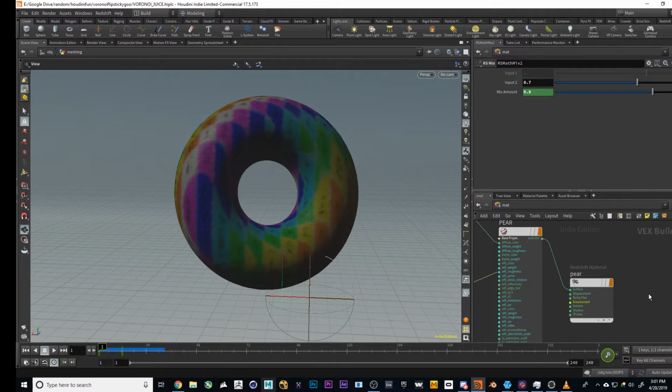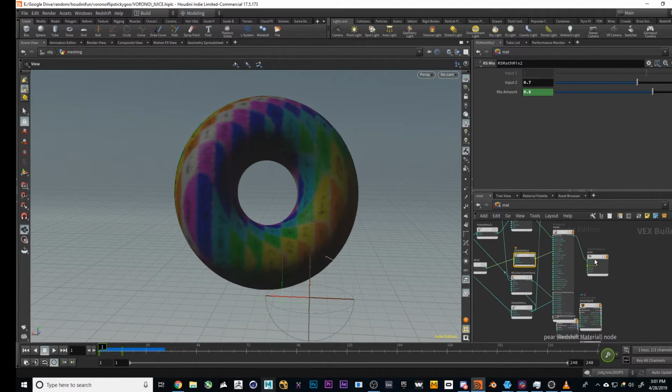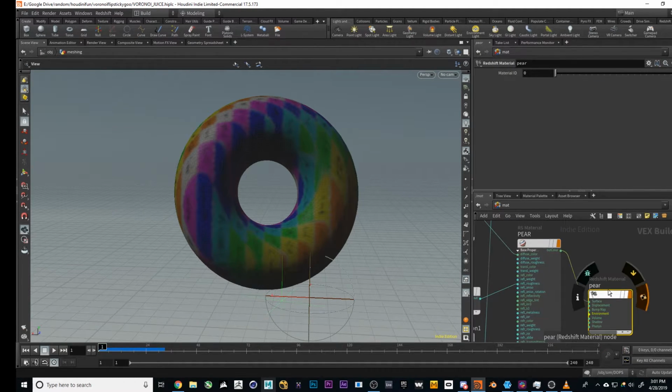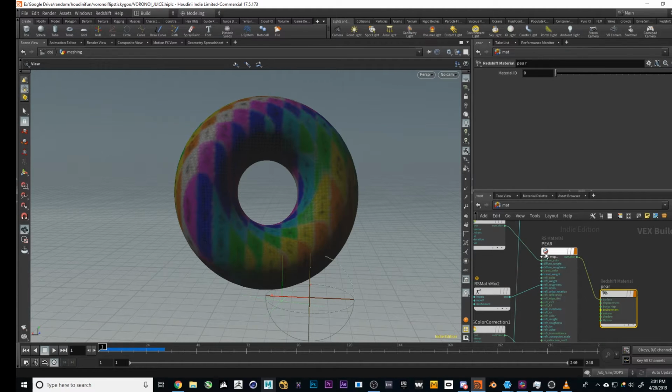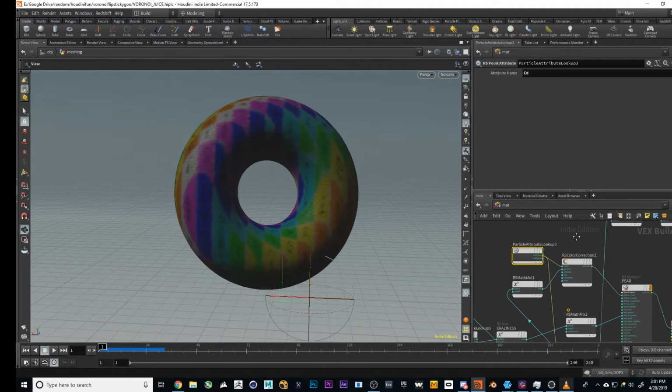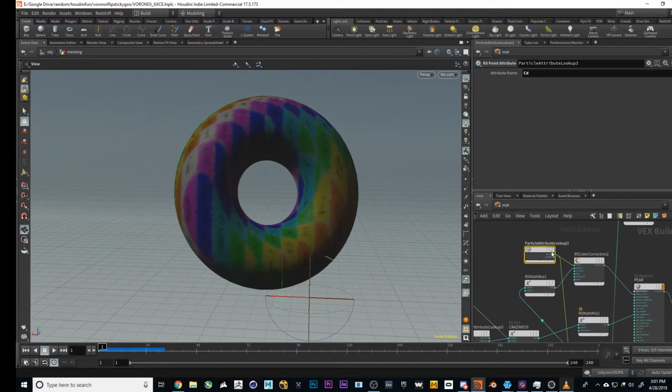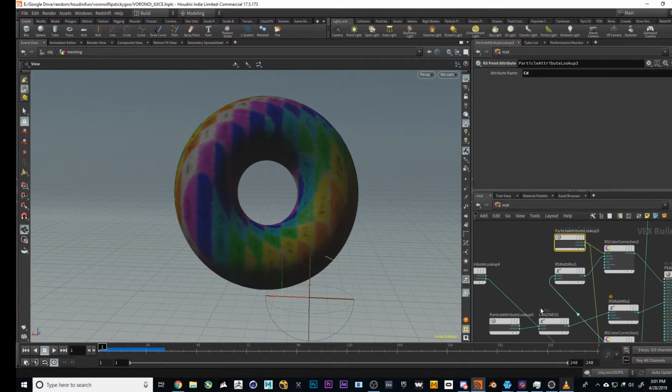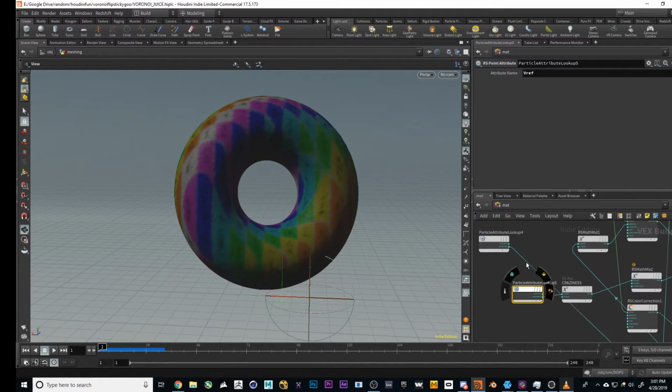And then down here, there's this pair material, which is what the shader is called, just because that was the first fruit that I broke up. But if you go in here, it pulls the color from the CD attribute on those points that transfer onto the mesh. And then